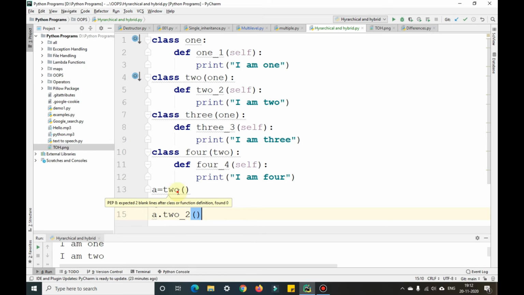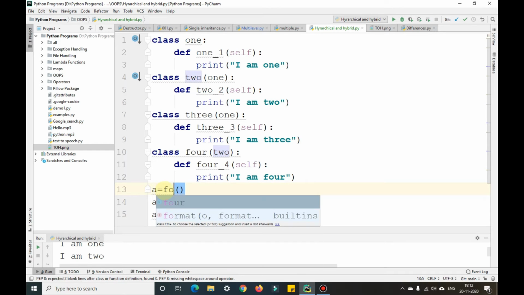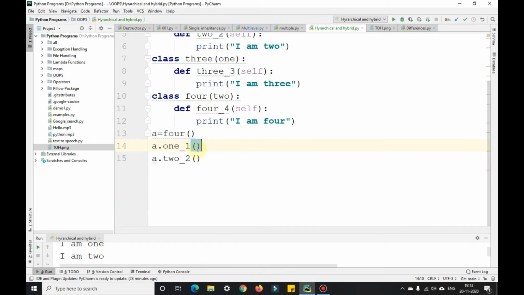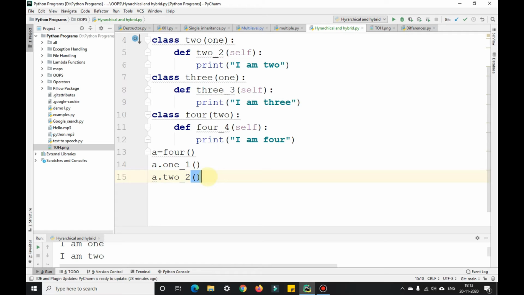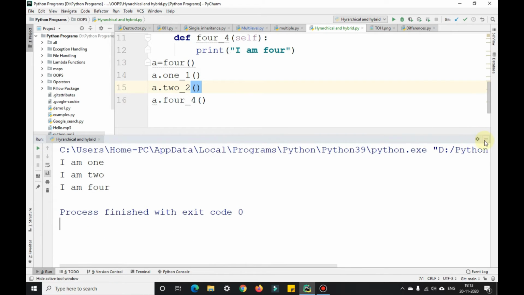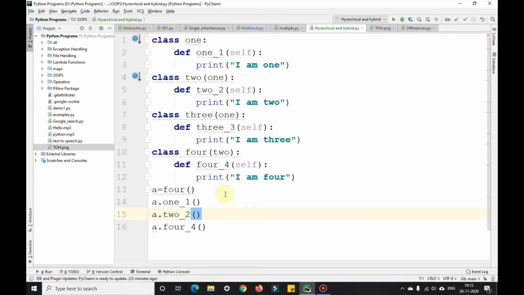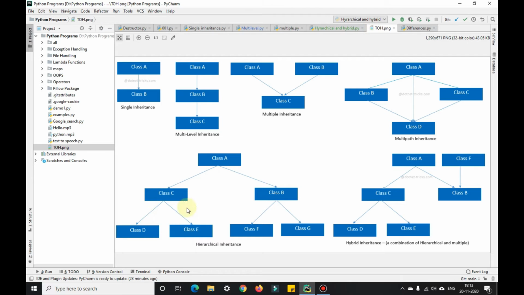Now it will not give any difference here. We need to take FOUR here. We need to create an object for 4 here, and once we get our 4 here, we need to also print a.4 and run this program. You can see it is printing 1, 2, 4. So why is it printing and how? As you can see, this is hierarchical inheritance. Like in this picture, you can see there is one class A, then class C, and then class D. So this is our class 1 here, this is our class 2 here, and this is our class 4 here.